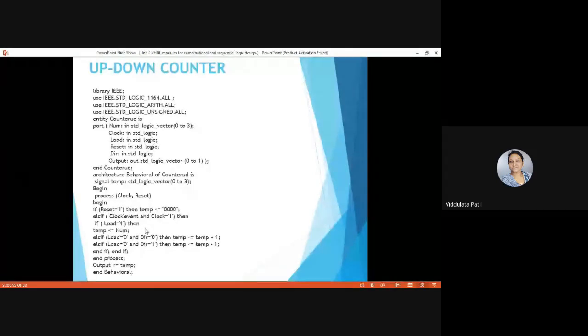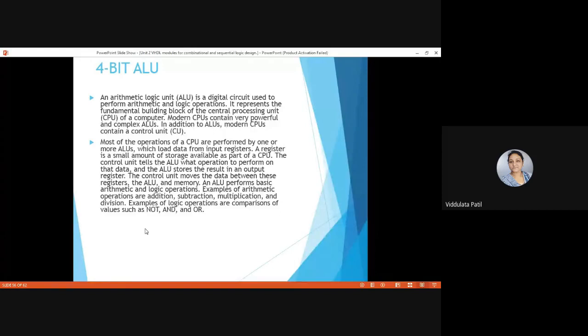Now we are moving to another circuit. So that is a 4-bit ALU. Now what is ALU? What is meant by ALU?